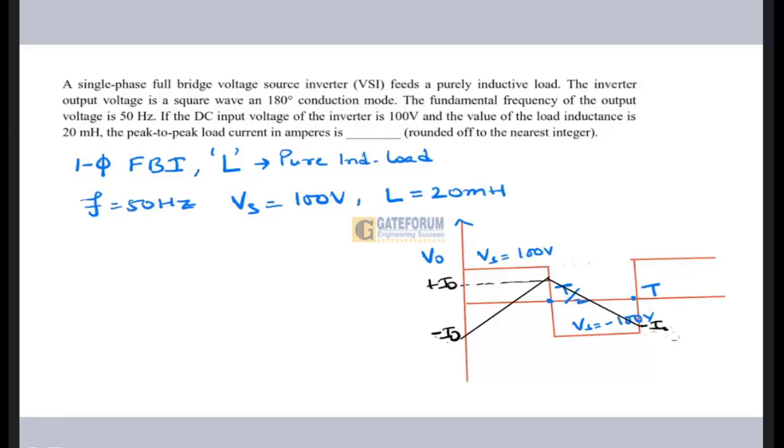So you can see that Vs is equal to VL. Because when the switch is on, you know that for a full bridge converter, Vs is equal to V naught, and that is given as 100 volt, right? And V naught is nothing but VL. So Vs will be equal to VL. And you know that